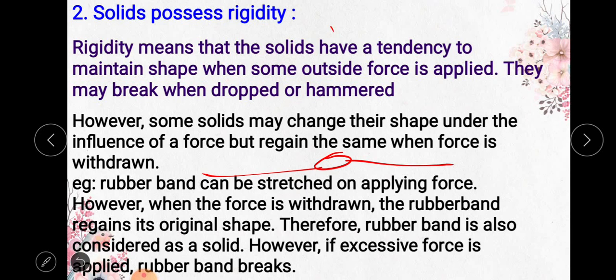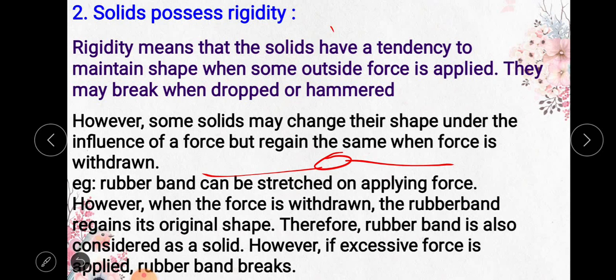Solids usually will not change shape. For example, I told you about the stone or a table or whatever. Can it change its shape? No. But a rubber band has an exceptional quality that it can be stretched on applying force. Can we not call a rubber band a solid? No, we can. Even though its shape changes when you stretch it, we still call it a solid,